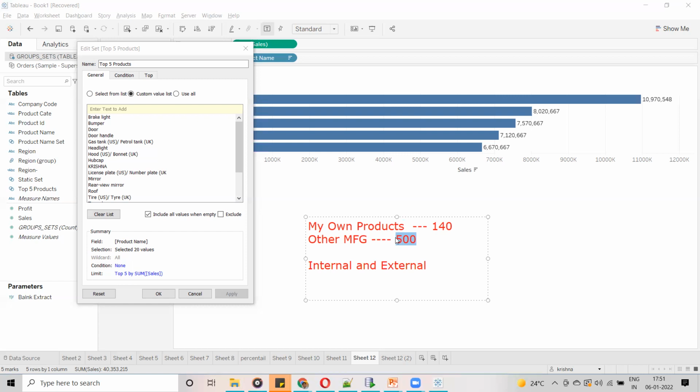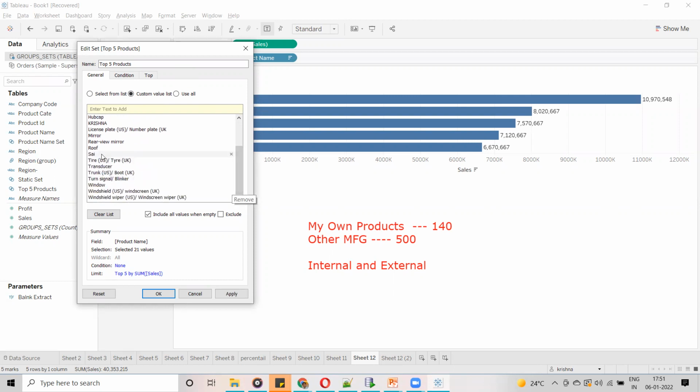Another scenario is here in this list, guys. Whatever I mention in the custom value list, now you can see I am going to add Sai, which is not in our product list. I have just added Sai, and still it has taken that name, Sai. Because now in this custom value list, for example, this is one example.